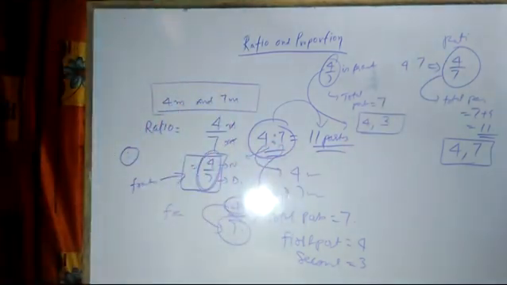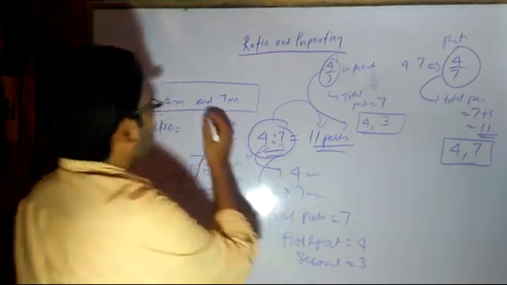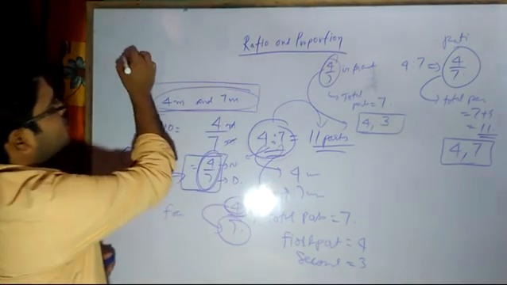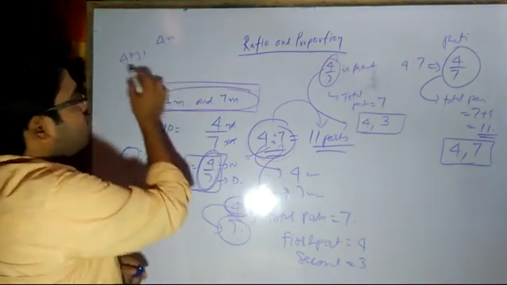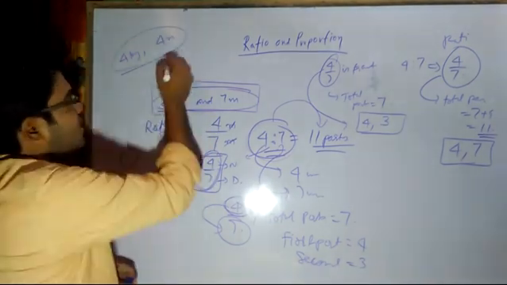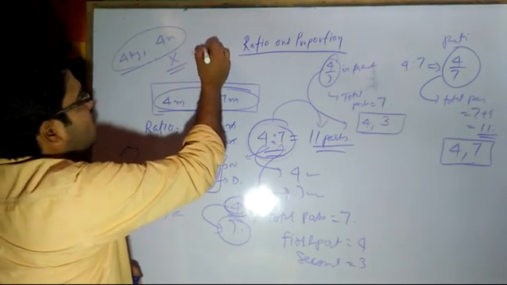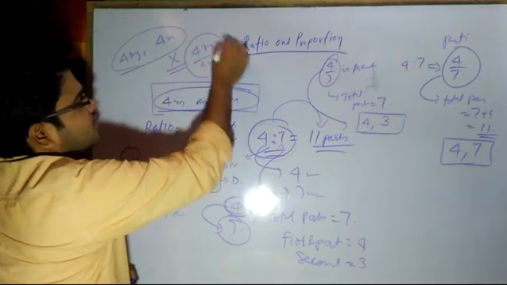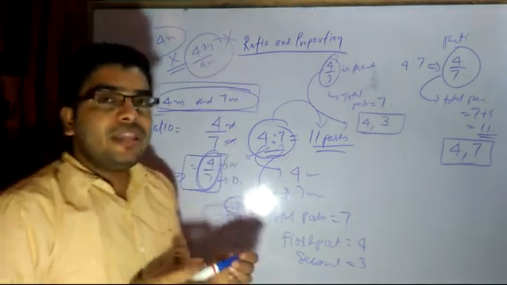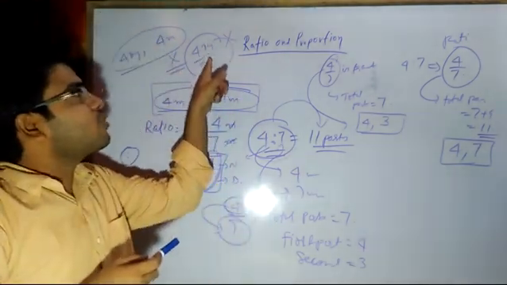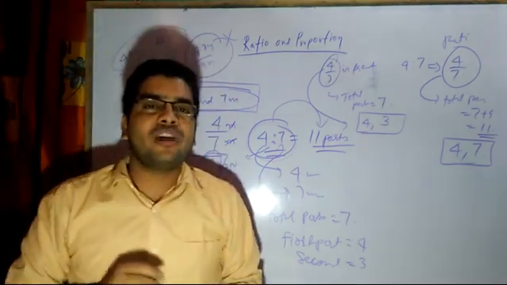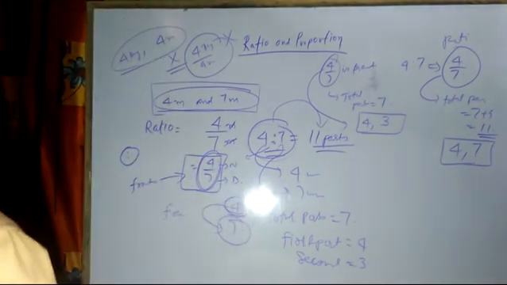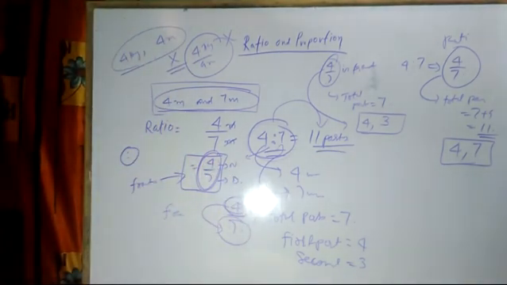Now, whenever we have to find a ratio, it is always found for similar quantities. Suppose I have 4 kg and the other quantity is 4 meter. If I want to find the ratio, it cannot be found. You cannot write 4 kg upon 4 meter. It is meaningless to compare them, since they have different units. Therefore, for comparison, the quantities must be of the same kind.